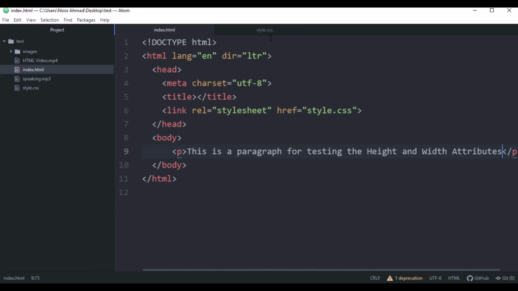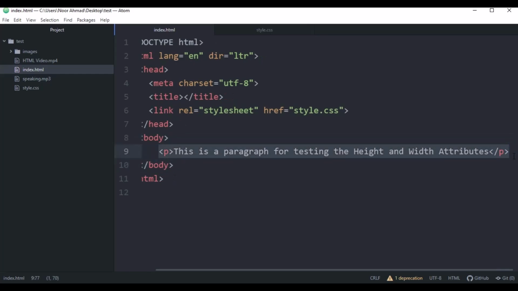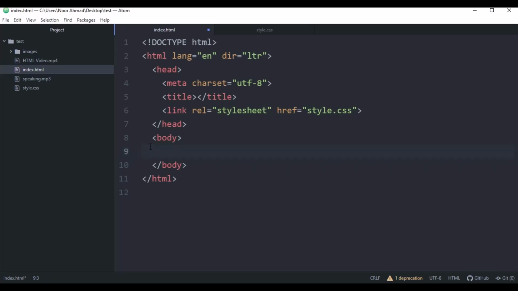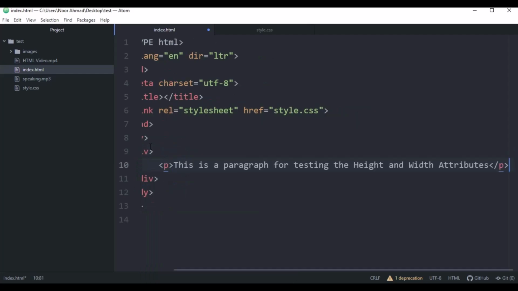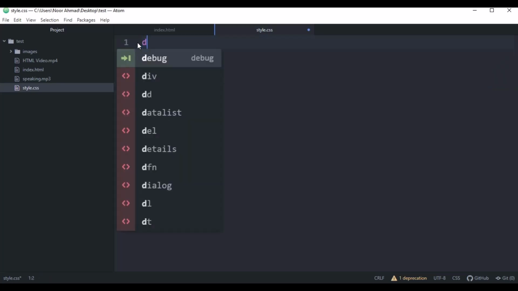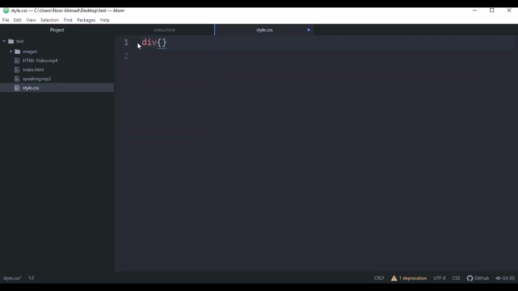So for this, we are going to cut this from here. And let's create a div here. And then we're going to paste this right here. Let's save this. And now let's remove everything from here. And in CSS, first we are going to target the div element. And for the div element, we are going to create a border. Border will be 1px solid